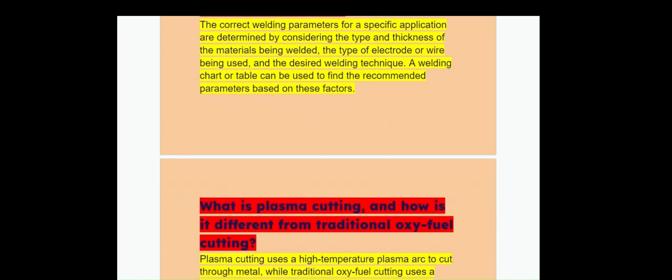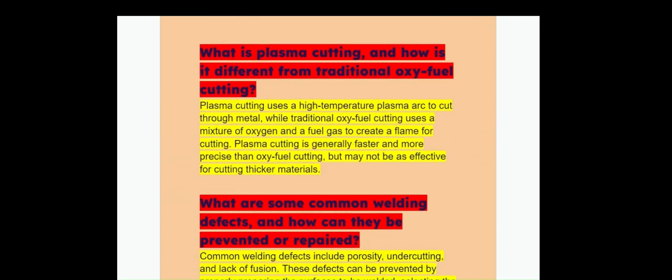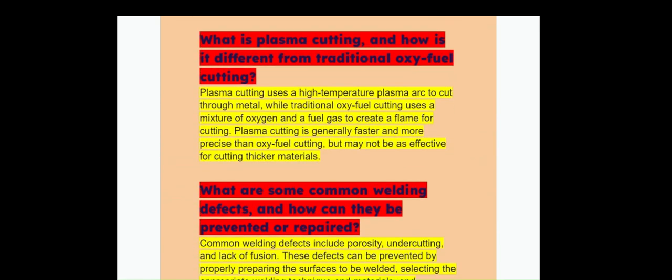What is plasma cutting, and how is it different from traditional oxy-fuel cutting? Plasma cutting uses a high-temperature plasma arc to cut through metal, while traditional oxy-fuel cutting uses a mixture of oxygen and a fuel gas to create a flame for cutting. Plasma cutting is generally faster and more precise than oxy-fuel cutting, but may not be as effective for cutting thicker